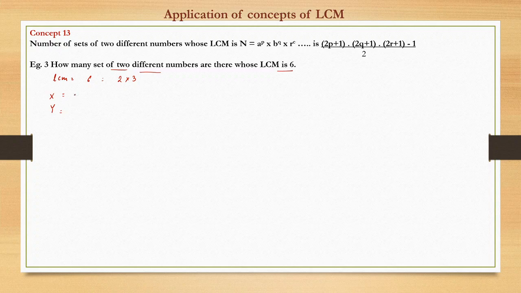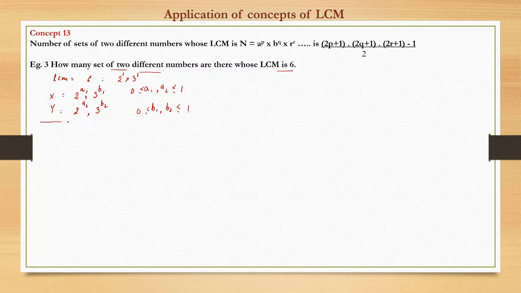Now let us see here. As a general form we can write x as 2 raised to power a1 into 3 raised to power b1, and y as 2 raised to power a2 into 3 raised to power b2, right? So this is the general form, where a1 and a2 can vary from what? Maximum power can be 1 only and minimum can be 0, right? Minimum of a1, a2 can be 0, maximum can be 1. Similarly, minimum of b1, b2 can be 0, and maximum can be 1. We should be very careful.